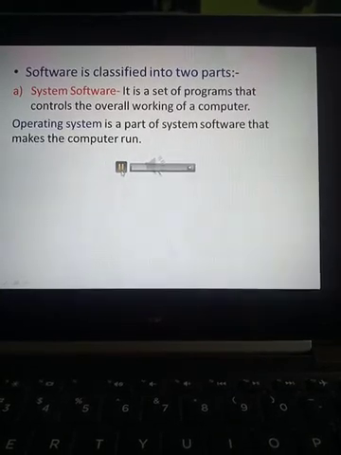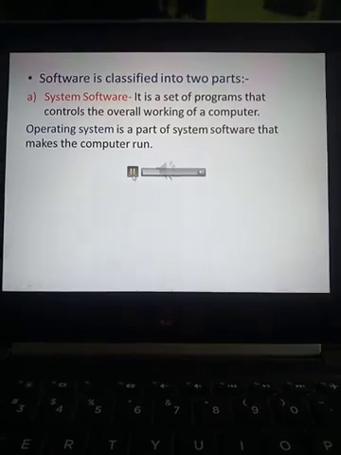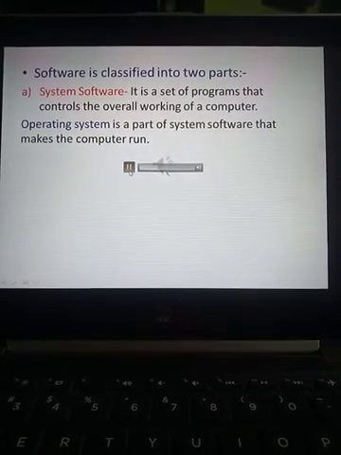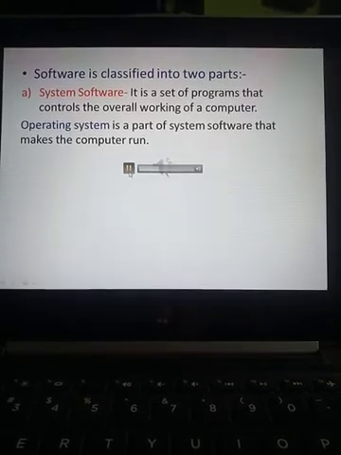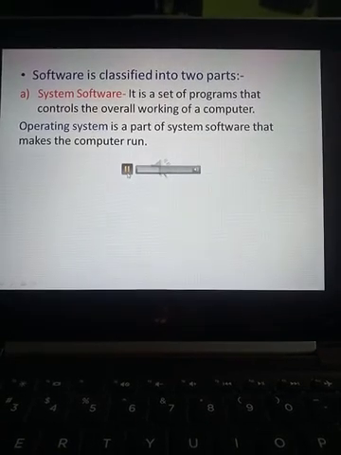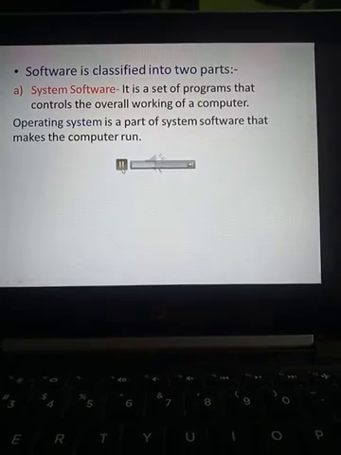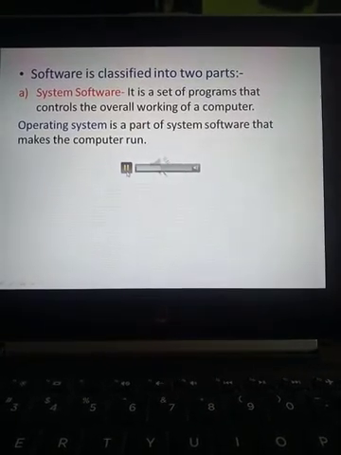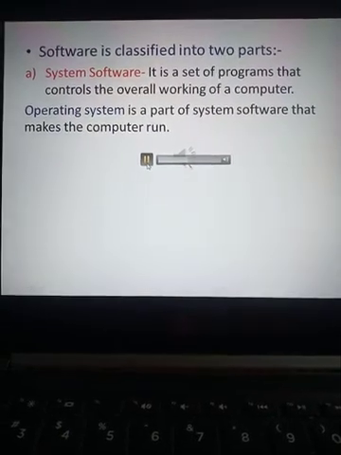So operating system is a part of system software that makes the computer run. Now what is operating system? System software is a set of programs that controls the overall working of a computer, and operating system is a part of system software which helps the computer to run.